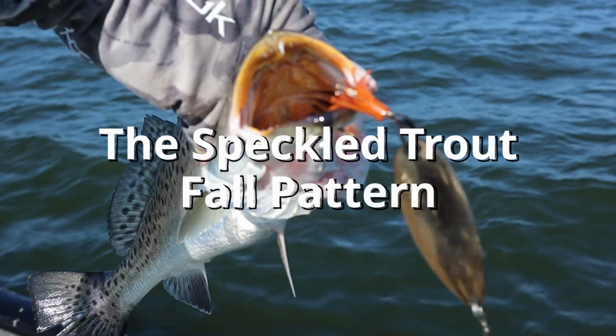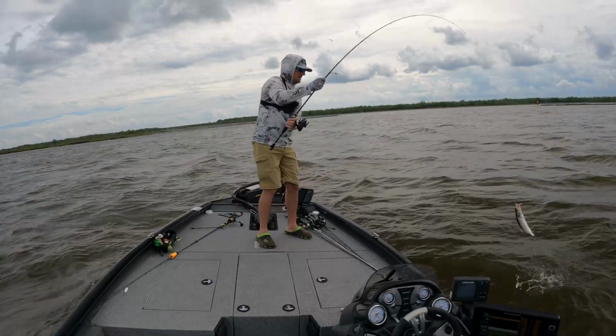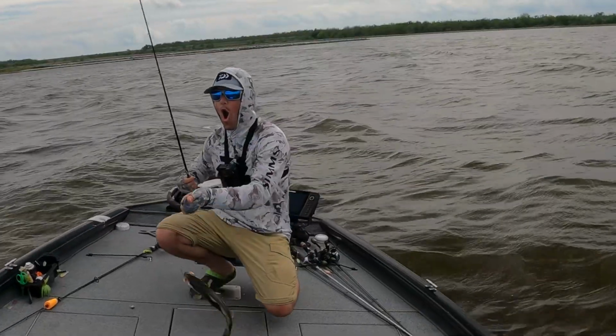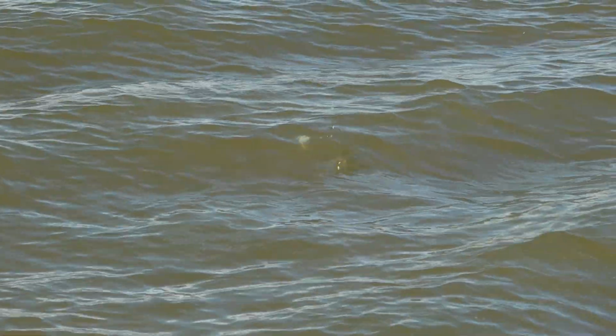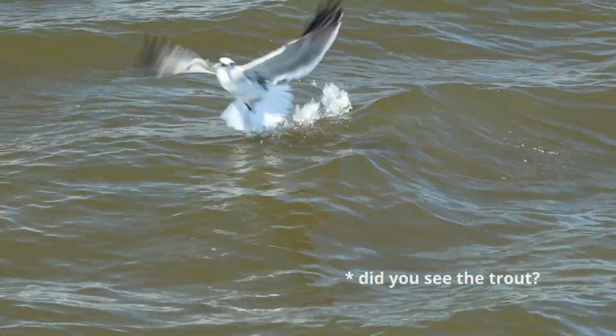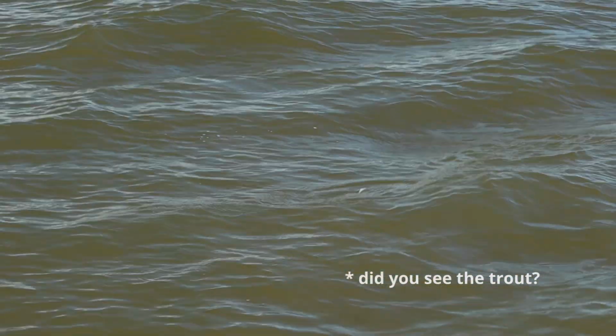The speckled trout fall pattern. Some of the easiest speckled trout fishing people can do all year happens during the fall. This is for two reasons. Speckled trout are eating a lot to prepare for the cold of winter, and simultaneously, white shrimp are making themselves easily available during their mass migration out of the marsh. These two forces collide to make fishing that's not just incredible, but also predictable and well within the reach of